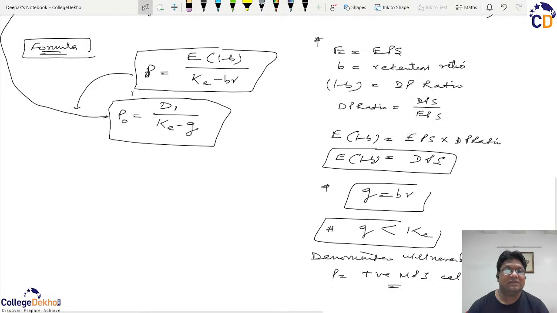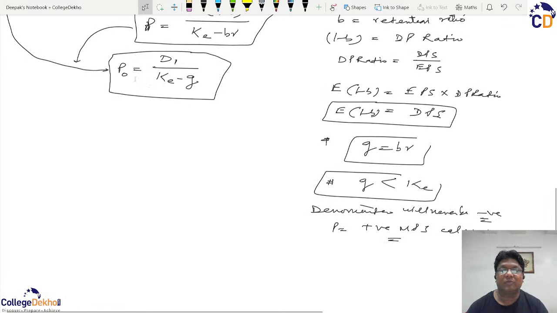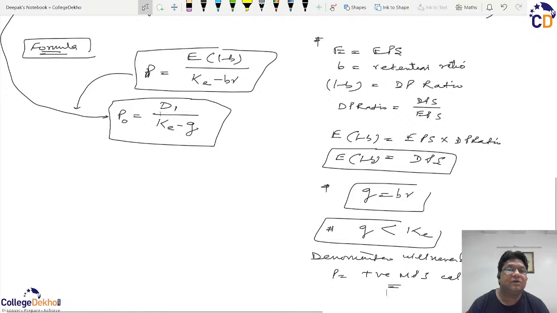So as soon as the company is declaring dividend, because until the dividend is there no calculation of market price can be made. So as long as the dividend is being distributed, the company is always going to have a positive market price. So we can always adapt this Gordon model formula to this format.